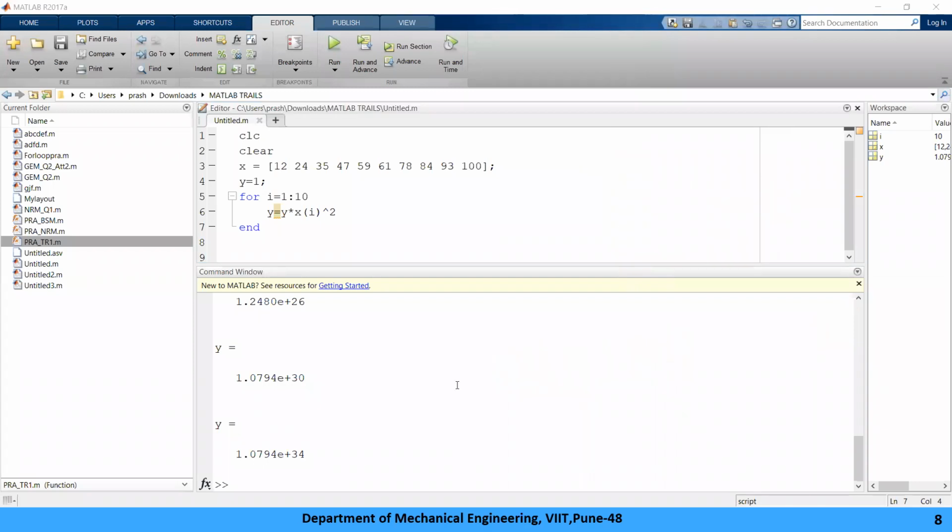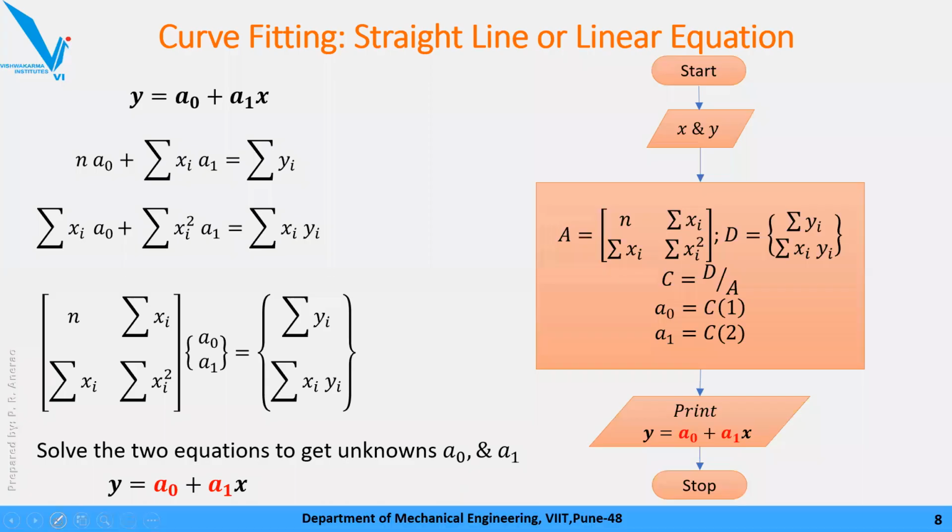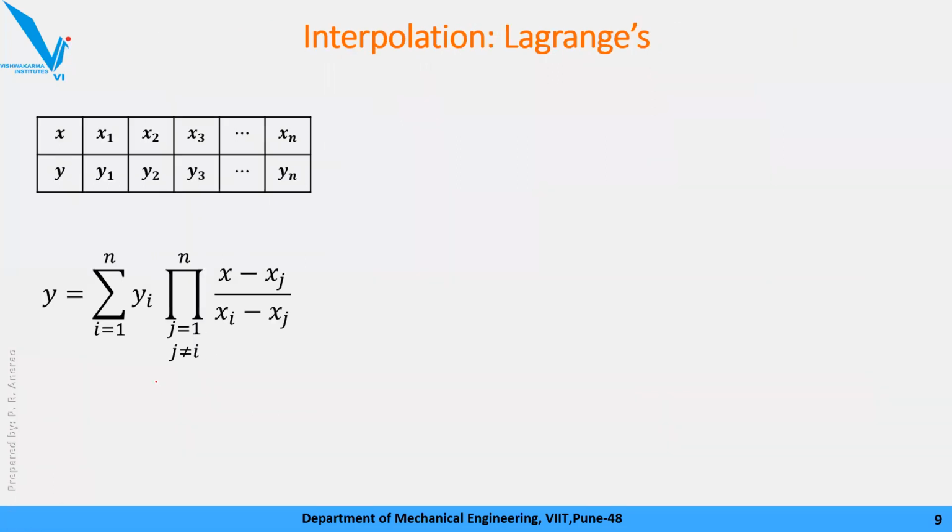Okay, so now we'll go to the procedure or flow chart of Lagrange's interpolation. So in the Lagrange's interpolation, the input parameters are x vector, y vector, or x values and y values. Along with that, as this is the interpolation part, there will be one x value for which we need to calculate y. ठीक है, तो x value दिया जाता है उसको y.